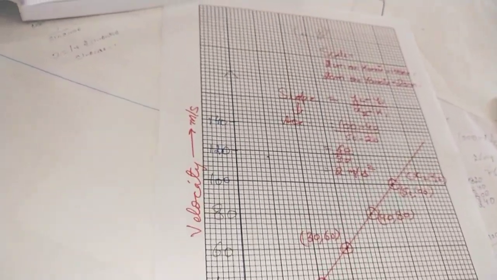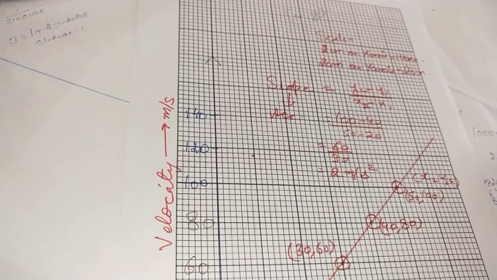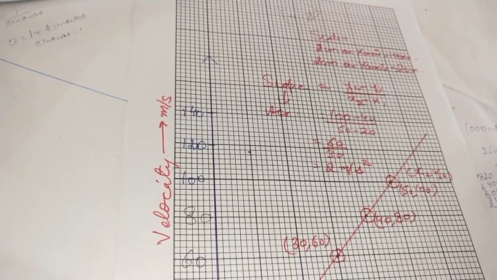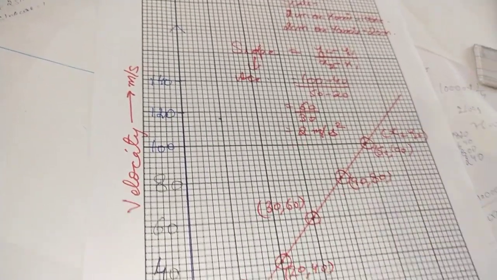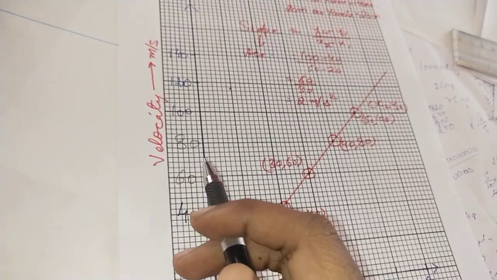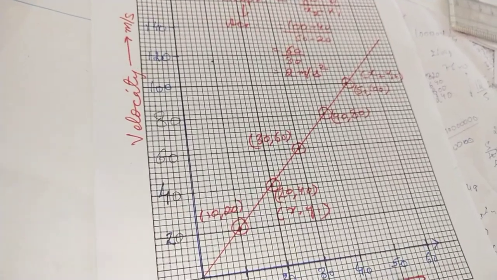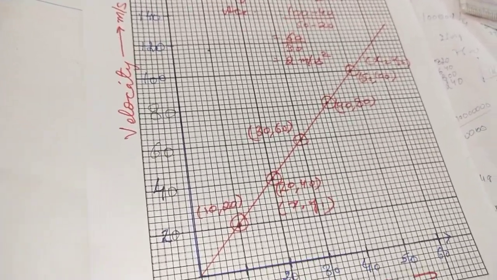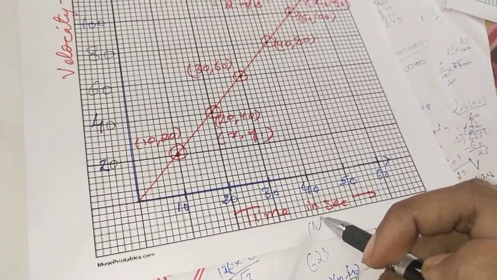Now as per physics, suppose we are given two quantities, one of them maybe velocity, the other time. Out of these two quantities, one has to be taken on the x axis and the other on the y axis. Out of velocity and time, we do not know which one goes on the x axis and which on the y axis. Always remember, on the x axis we take the quantity which is independent,